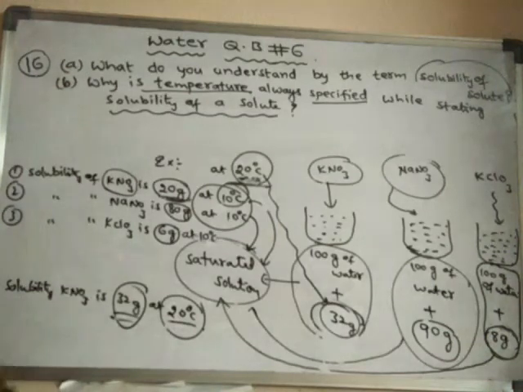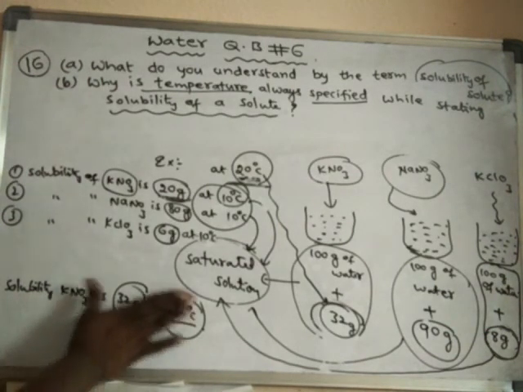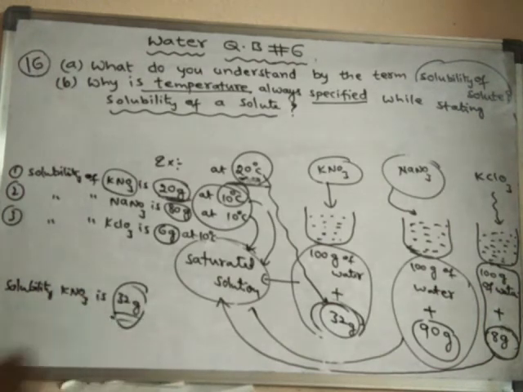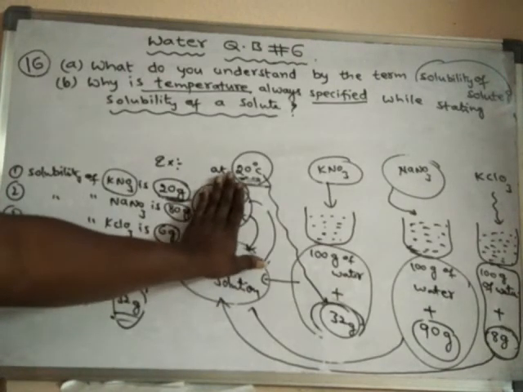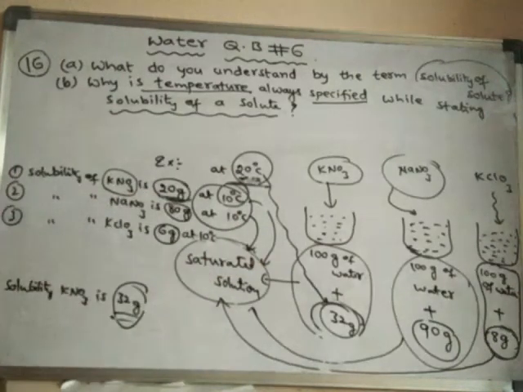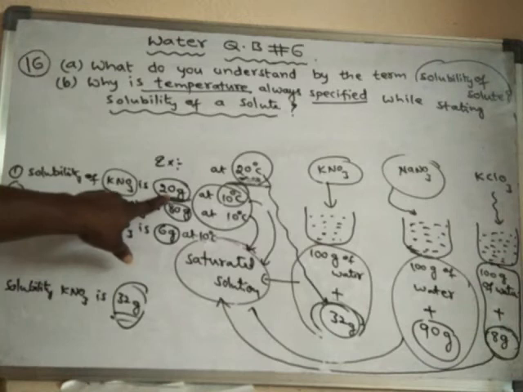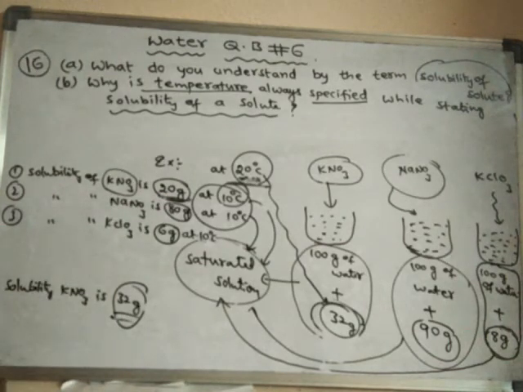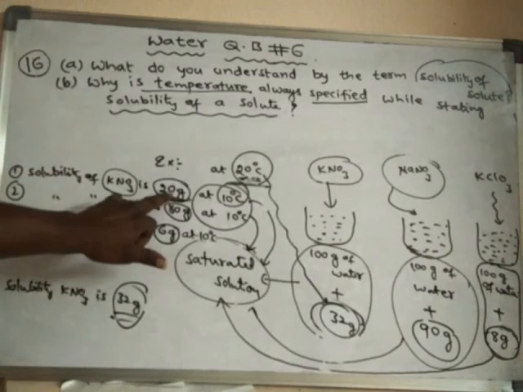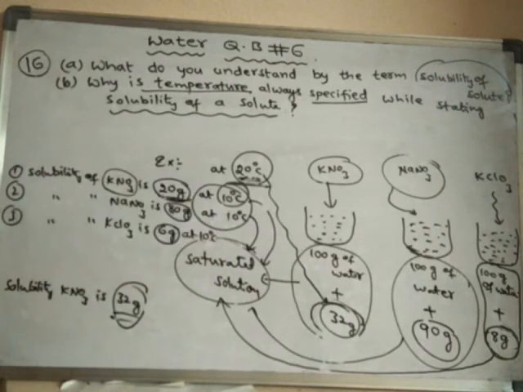So simply don't write the solubility of potassium nitrate is 32 grams. So this will be a wrong statement. At what temperature? See, here also we learned that solubility of potassium nitrate is 20 grams. Without 10 degrees centigrade, will it become a correct statement? No, it won't become a correct statement. Because the solubility of potassium nitrate, sometimes it is written as 20 grams and here it is written as 32 grams. How will it be correct? It will be correct only if temperature is mentioned.